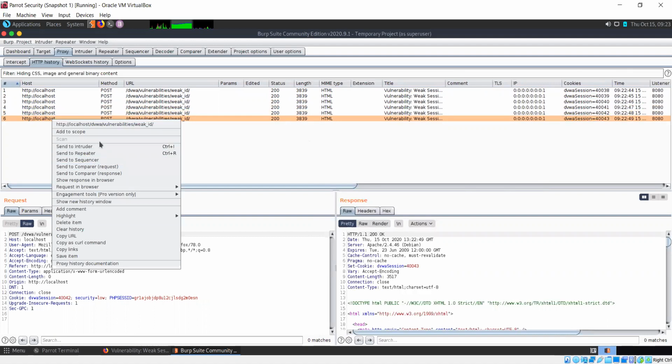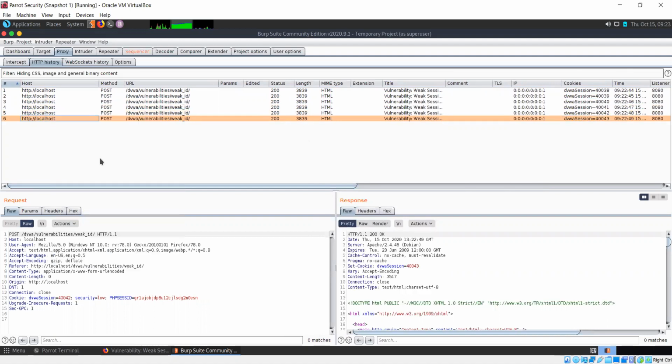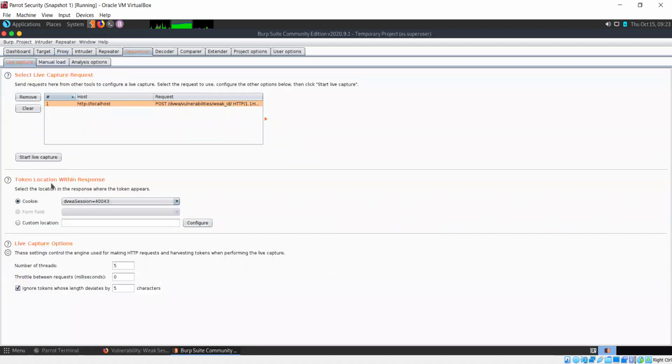There is a tool in Burp called Sequencer, which can help you analyze the randomness of a particular value, in this case session IDs. I sent the request and it has already figured out the token location. This is what we want to test: the DVWA session cookie. Start live capture.